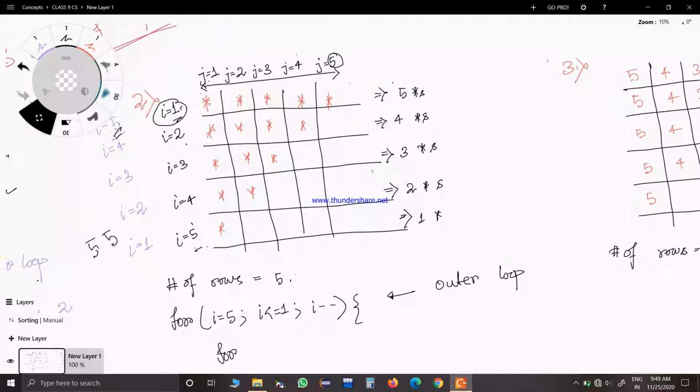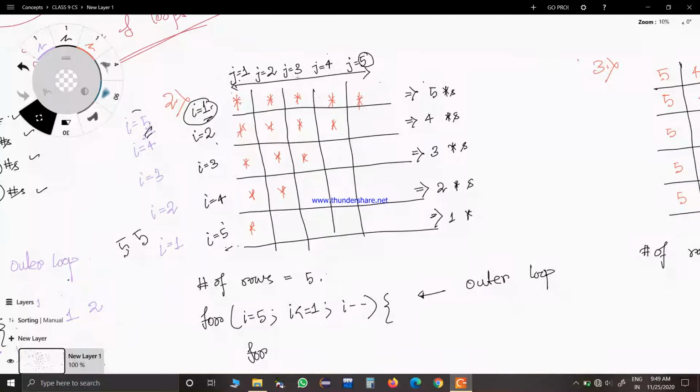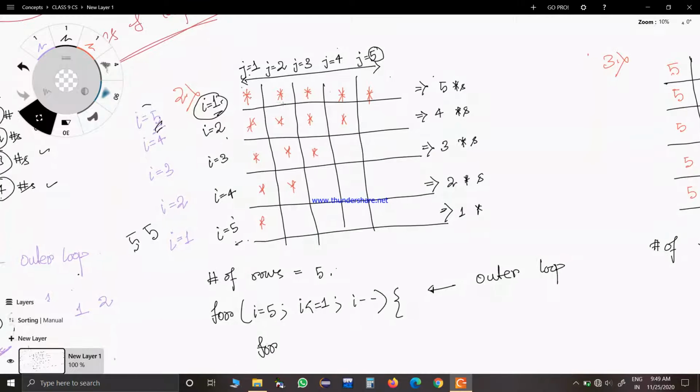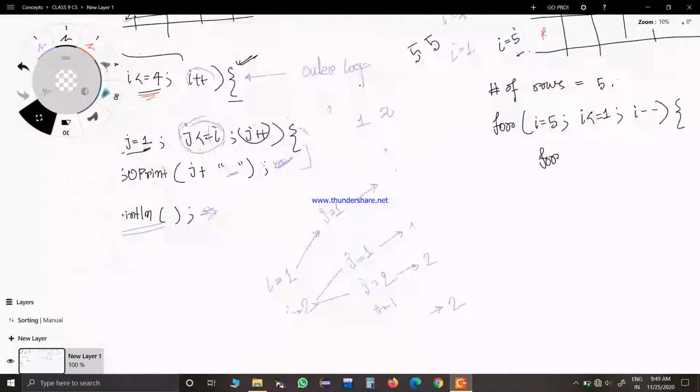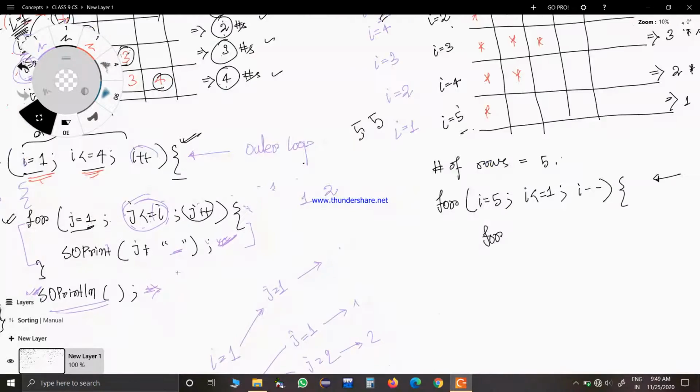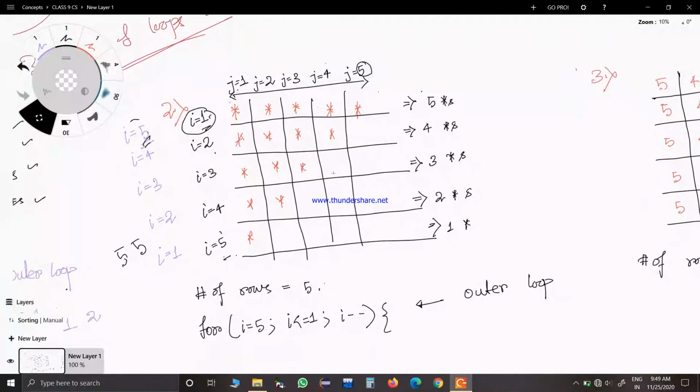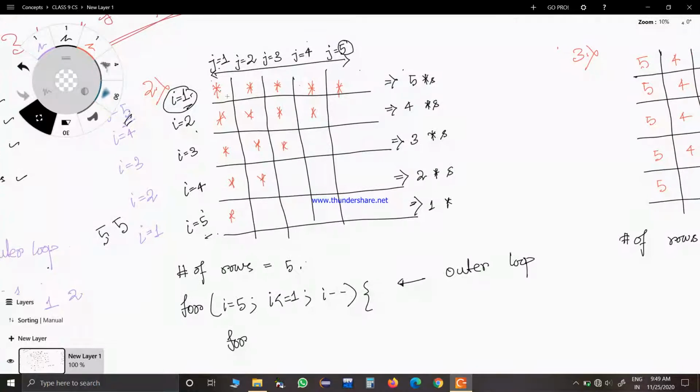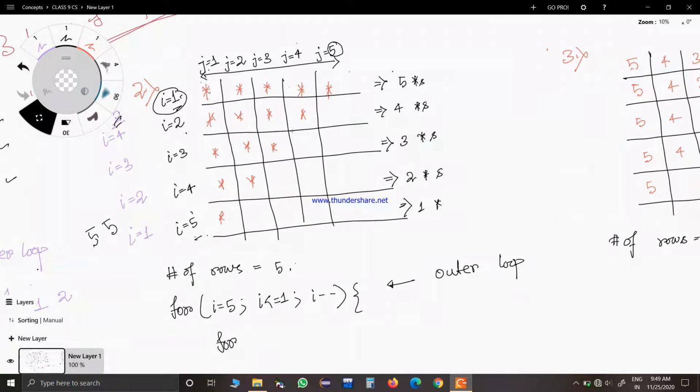Now, let us come to this question. So now here you can see another type of pattern, a star pattern. These are called star patterns. This is the homework that I've given you. This is also a star pattern. Instead of numbers, we have stars. Now this kind of star pattern is very easy, but the basic funda that I've told you before is the same for each and every case.